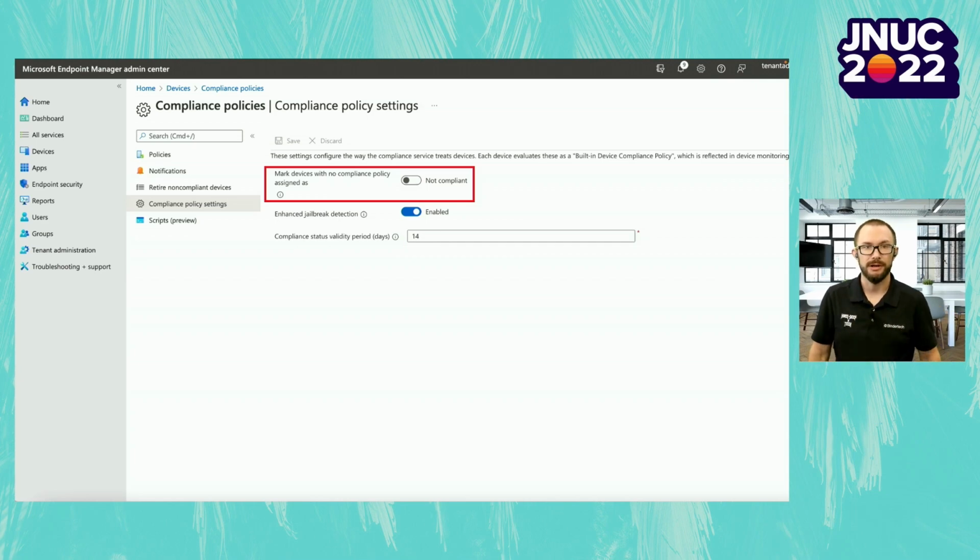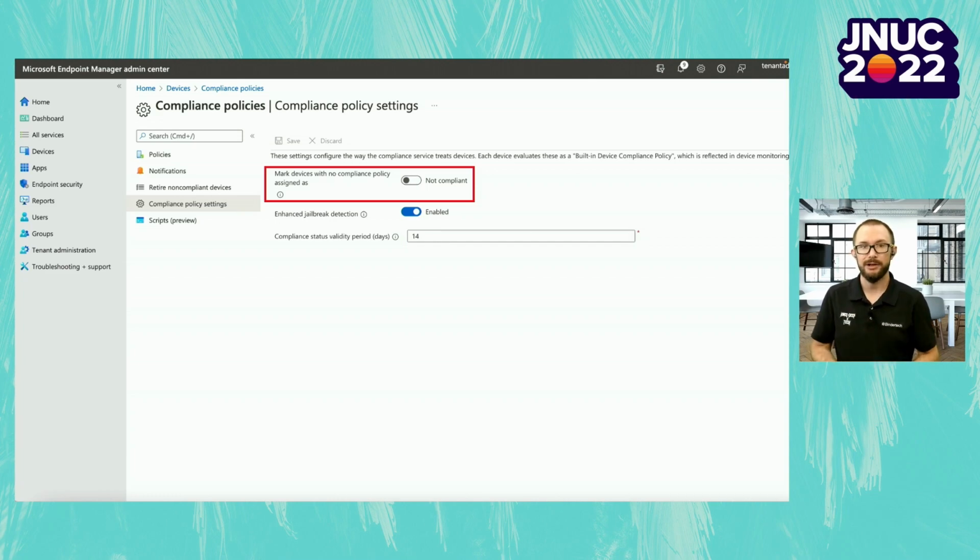But before we move forward, I would also like to show you a key configuration that a lot of organizations are, in my opinion, configuring in the wrong way. The highlighted setting is usually enabled. That means that if a user is not targeted by any compliance policies, all devices that they will use will by default, as long as they are managed, be seen as compliant.